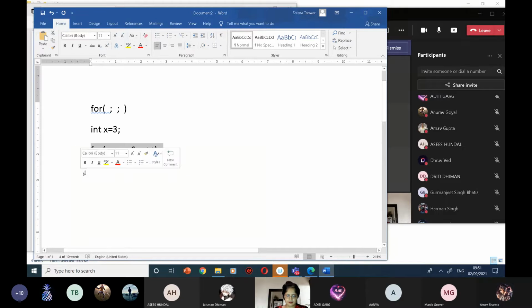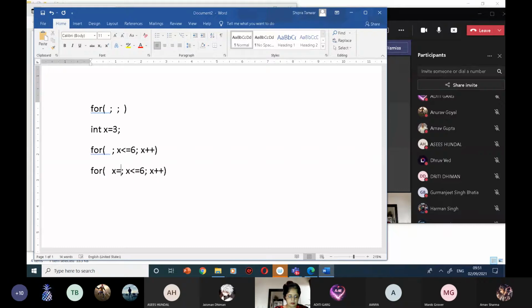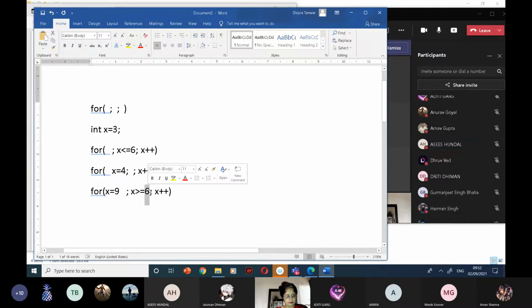Yes, ma'am. And if I want to make the third one optional over here, I can have x is equal to, let's say, 2 or 3, whatever, and I can remove this. Okay, is that clear? Yes, ma'am. Even I can remove the last one as well. I can have x is equal to 9, x is greater than equal to 1,